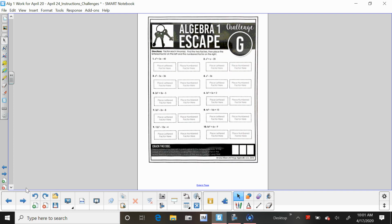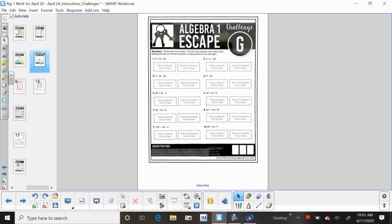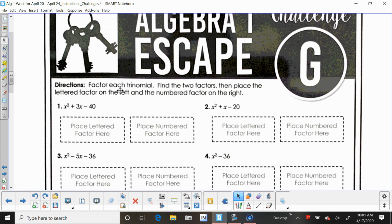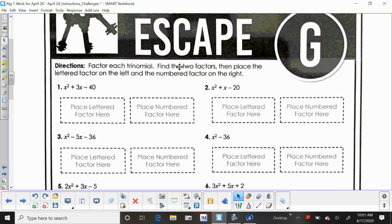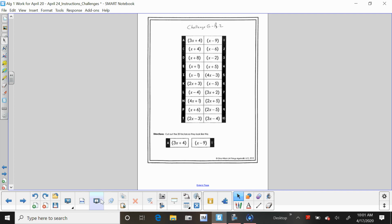Okay, last challenge. Challenge D is a 2-pager. So this is all about factoring. You should be really good at this. So, factor each trinomial, find the 2 factors, then place the lettered factor on the left and the numbered factor on the right. So, for example, if you're printing this, you're going to